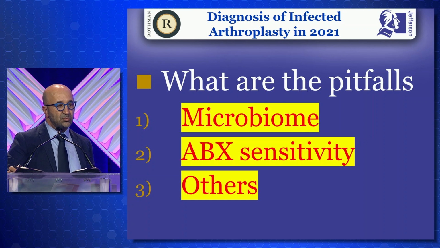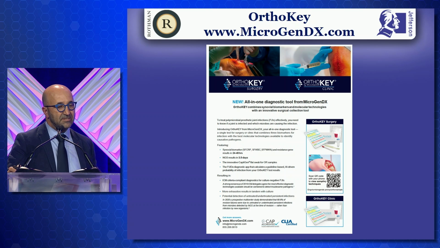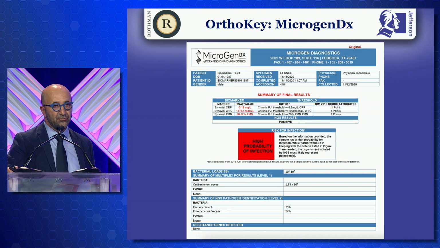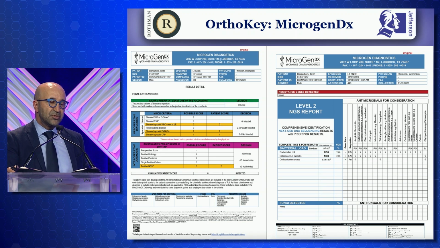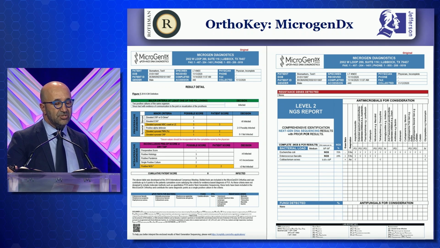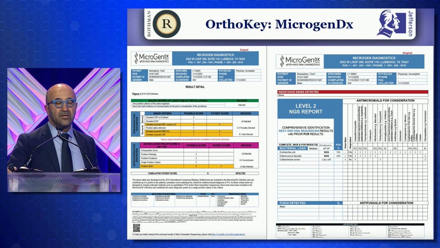And in order to do this, what I think needs to happen is something like this kit where you will be able to isolate the organisms and at the same time measure the cell count, neutrophil differential, as well as biomarkers to see if that organism that you're detecting is also eliciting a physiological response or not. If they do, then possibly they are pathogens. If they don't, they're most likely part of the commensals. And then you can measure for the resistance genes. And this particular company does about 17 to 20 resistant genes. And if you can have the resistant genes, then I think you could potentially argue that the organism is going